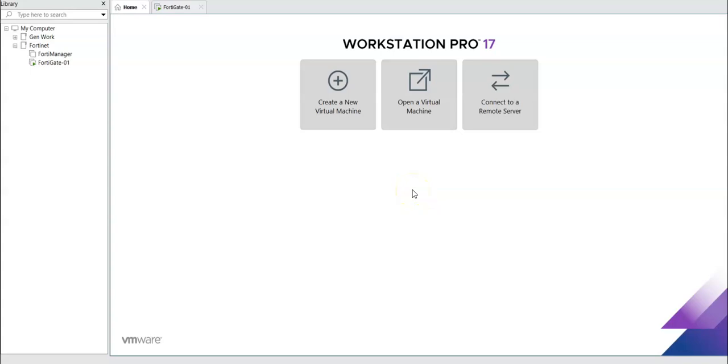Hello and welcome. This is a continuation of our Fortinet series, and if you've been following, we have already done FortiGate and FortiManager installations. We created an interface which is connected to my broadband, which takes me to the internet,